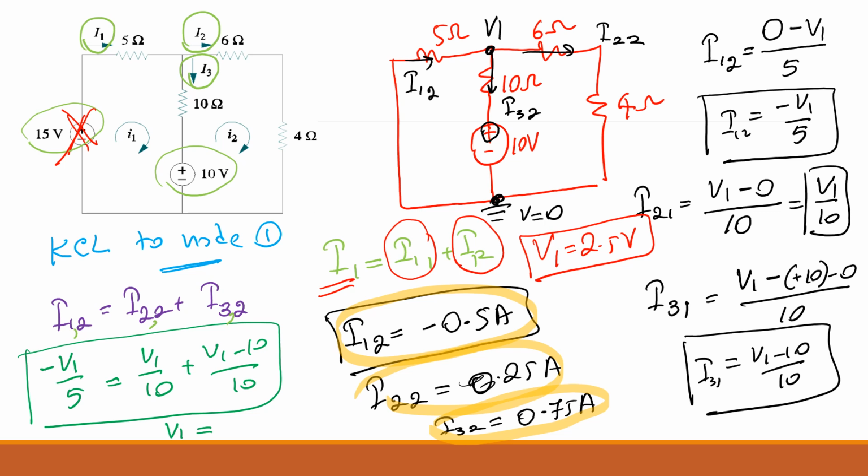Okay, now I told you, you need to find the total effect. So in that case, you have to consider both the sources. So I1 is the current. In the previous one, what did you get for I1? Do you remember that? 1.5 plus this. So what is the I1? Just 1 amp, isn't it? Is it clear or not? I1 is 1 amp. I2 is 0.75 plus 0.25, which is